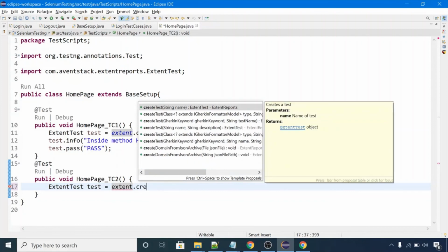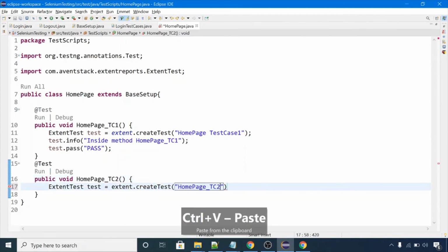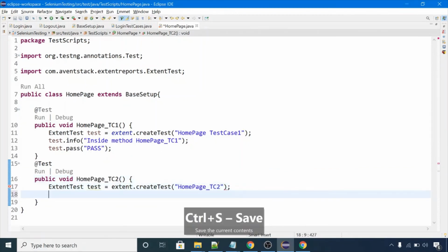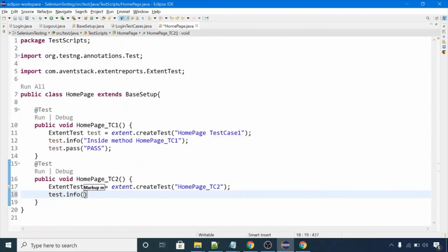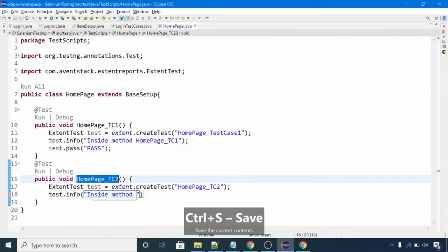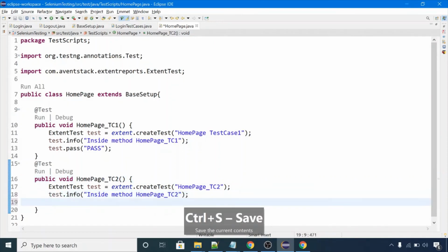Dot createTest, name as home page test case 2, test.info, inside method home page test case 2, and we'll use test.fail.